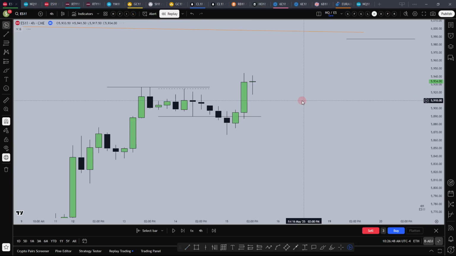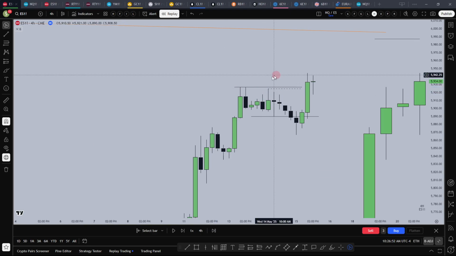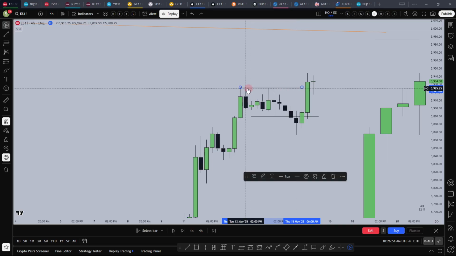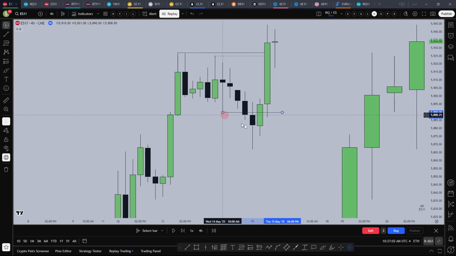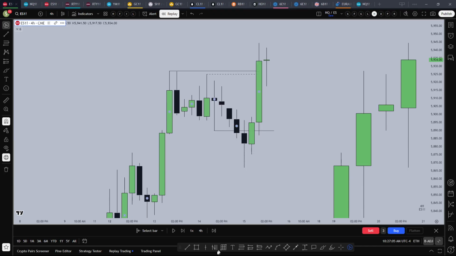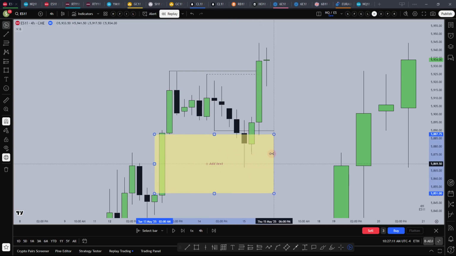Daily and H4 for narrative. You can clearly view this manipulation of this relevant swing, or you can use this H4 unfilled IRL, price